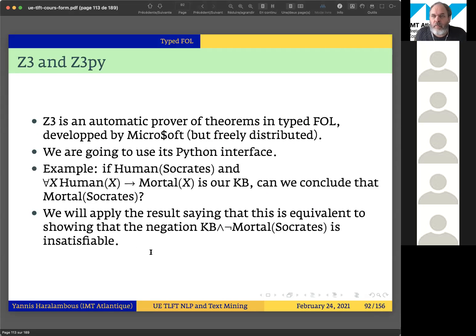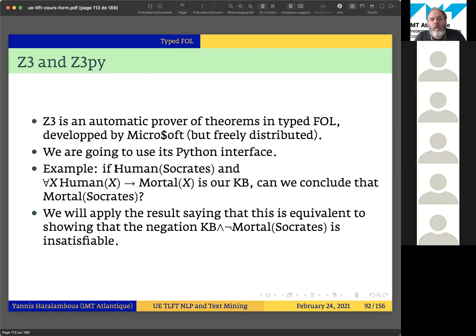In the lab, for which you will find the support on Moodle, I introduce you to a tool called Z3. So Z3 is a theorem prover in typed first-order logic. It's a Microsoft product. I don't like Microsoft products, but this one is freely distributed, so why not use it? It works fine. It has a Python interface, and we can use it, for example, for this paradigmatic case of